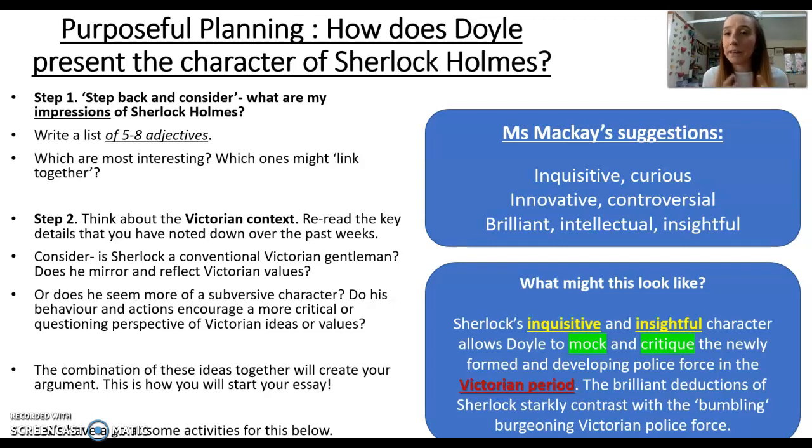So was he deliberately creating a character which was mocking and was totally impressive so that it casts a sort of negative light on the reality of the Victorian police force? I think you could write a whole essay on that because you'd spend a lot of time proving how insightful Sherlock was. You might spend some time making some contrast with the police character, like the inspector in the story, and you could constantly come back to this kind of mocking, critical view. That's one example. Now, have a go at the task below, have a go at filling in those.